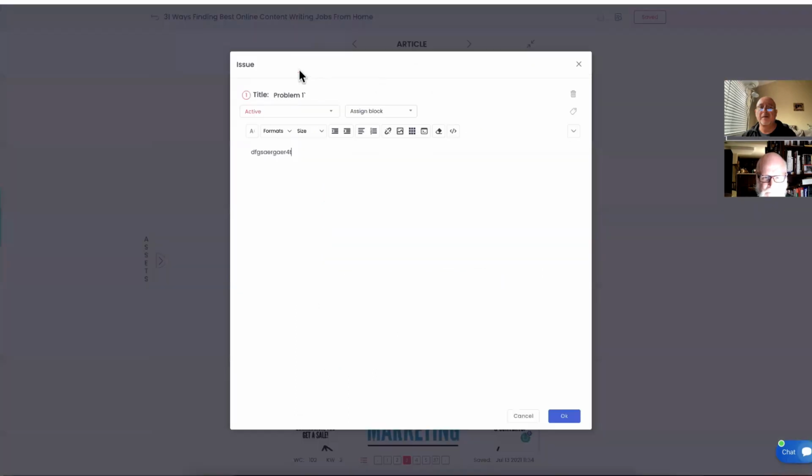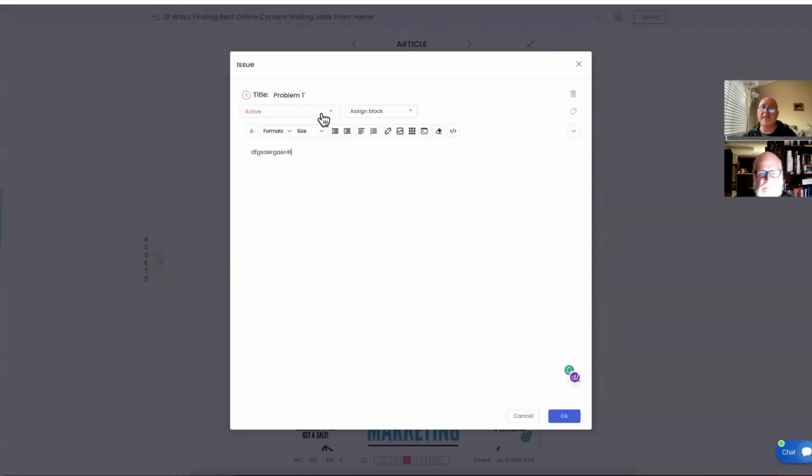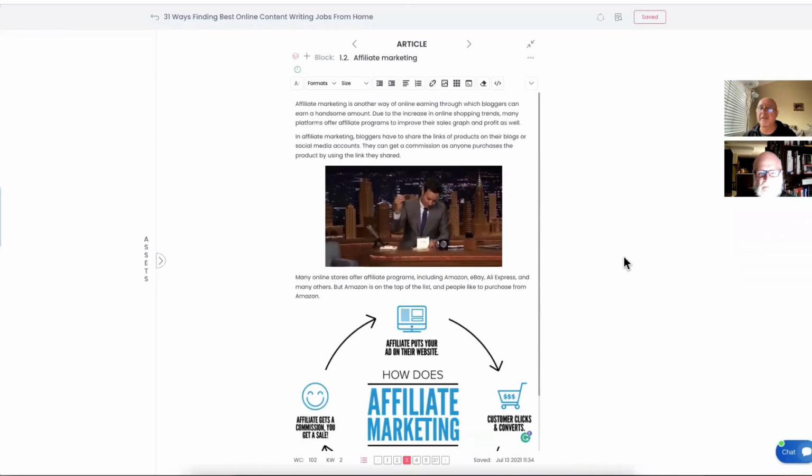When I click on this issue, can anyone edit it? That I don't know if we talked about. No, I would say that only the creator of the issue can edit the issue. Okay. Now, if I change the issue status, of course, you already know, the status is changed to resolved, and it turns green. So the issue will not go away. It's not being deleted, but it's there and it's presently visible.